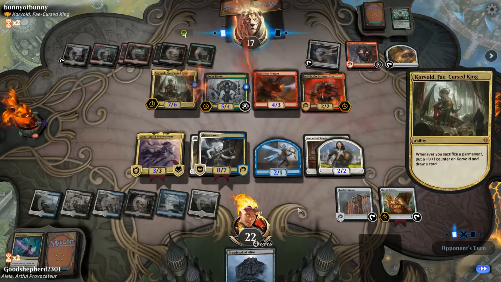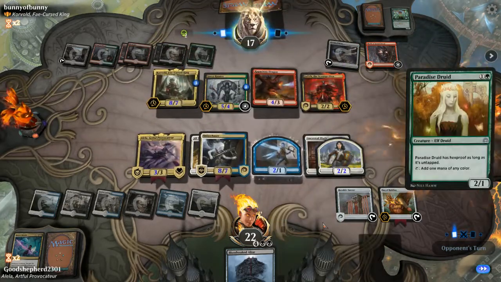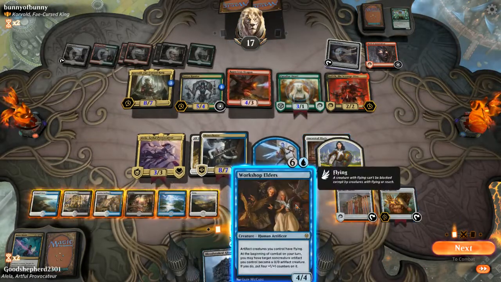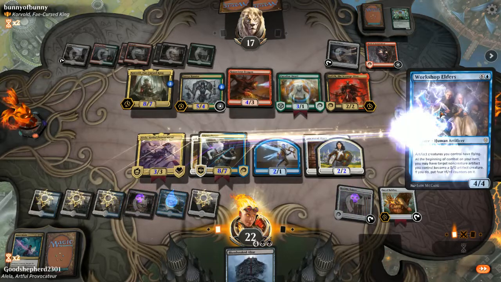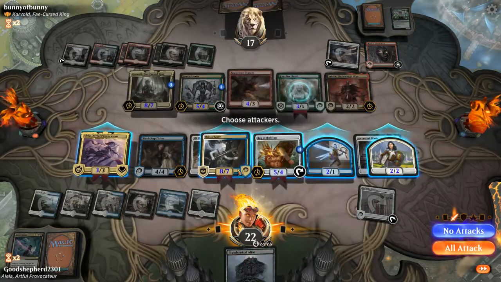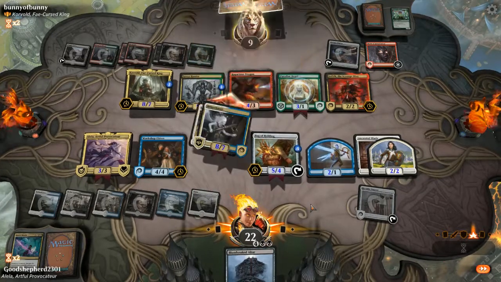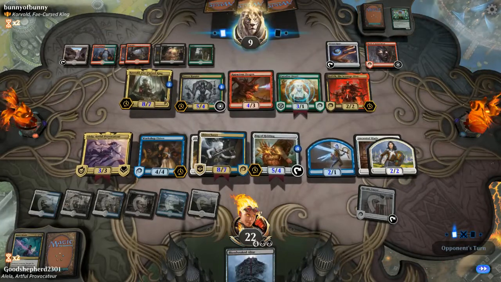He's sacking them. Oh, and every sacrifice a permanent, so I think he's going to go for the big one. This doesn't have Trample though. Paradise Druid. Just gonna send Shine Chaser in. Because here's the thing, this doesn't have Trample, so if he just keeps buffing this without any payoffs...